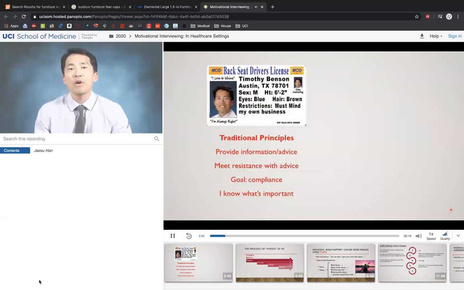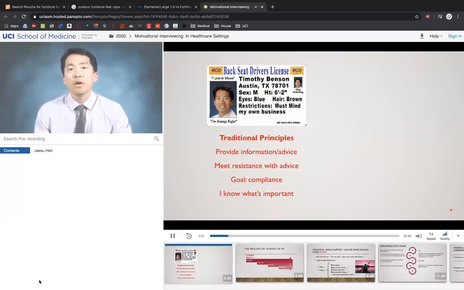So how does MI differ from the traditional principles of patient care? Well, you can see here that the traditional principles are based on essentially being the backseat driver for our patients. We often find ourselves giving a lot of information, lots of advice, and if we meet resistance, we usually meet that with more advice. And our goal in this approach is compliance. In fact, we talk about how patients are non-compliant with what we ask of them. And this comes from a place of feeling like we know what's important for the patients